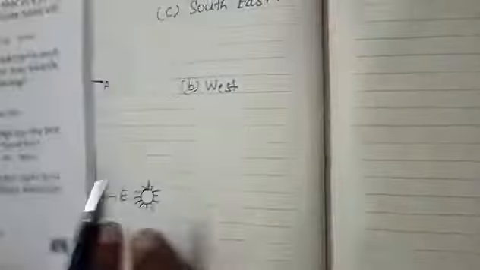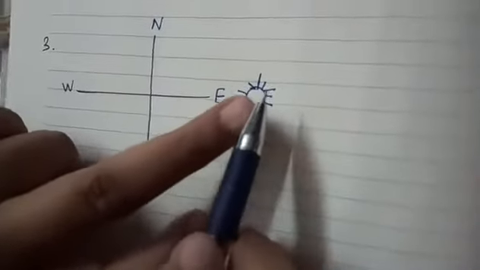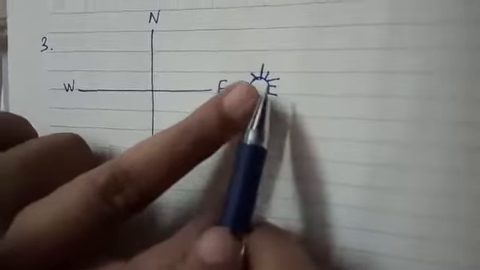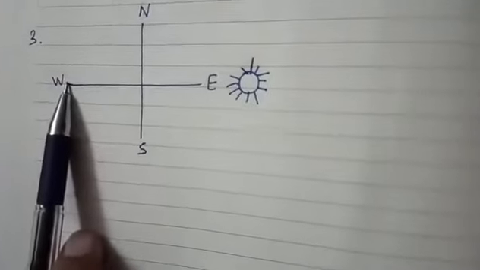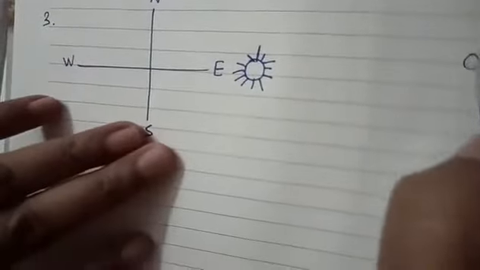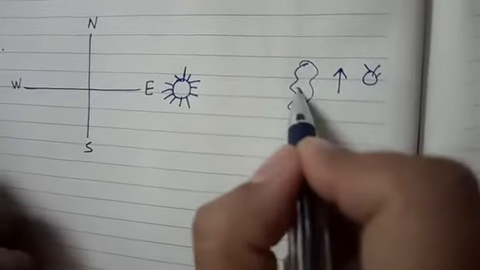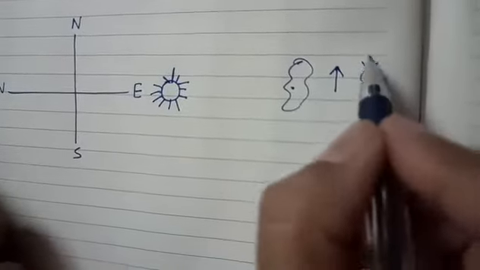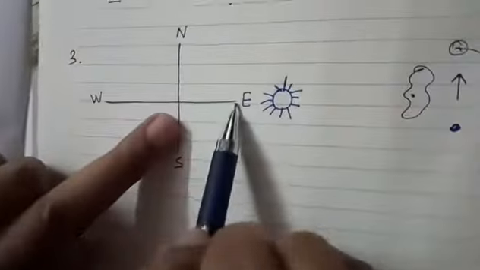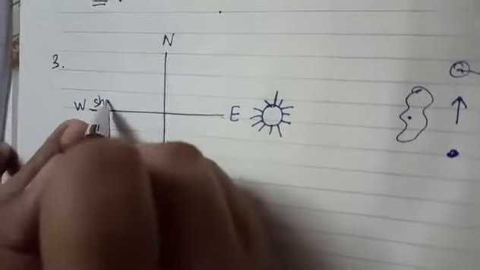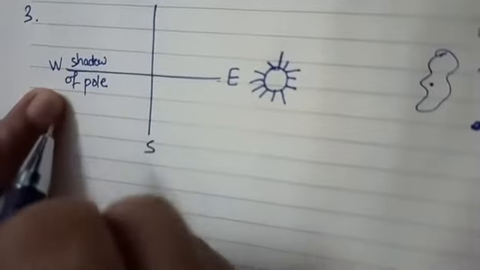So let me make it clear to you that the sun rises in the east. So when the sun is rising in the east, whatever thing we have, the shadow will be coming opposite to the direction of the sun. That means the shadow will be here. Right? Suppose this is a light source and we are standing here. The shadow will always be formed behind us. When the sun moves this side, the shadow will be this side. So here, if the pole is there, the shadow of the pole will be found here, on this side in the west direction.